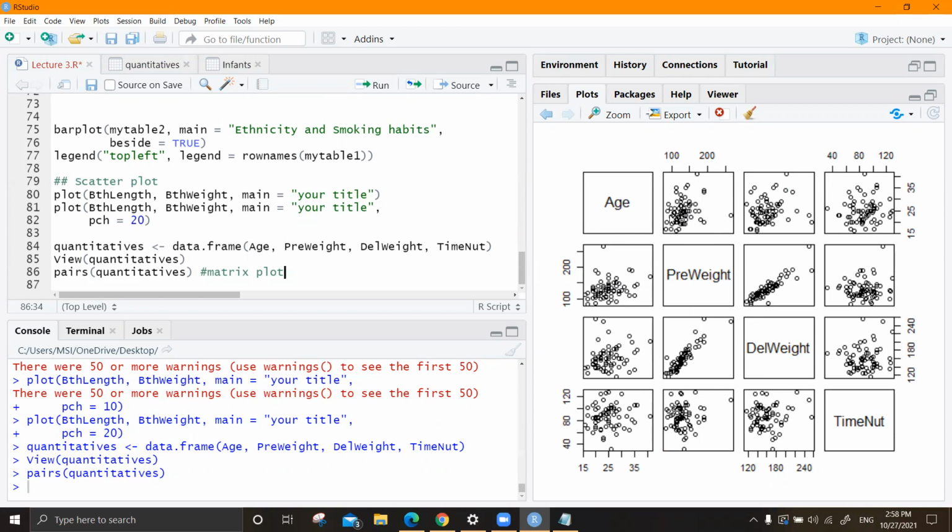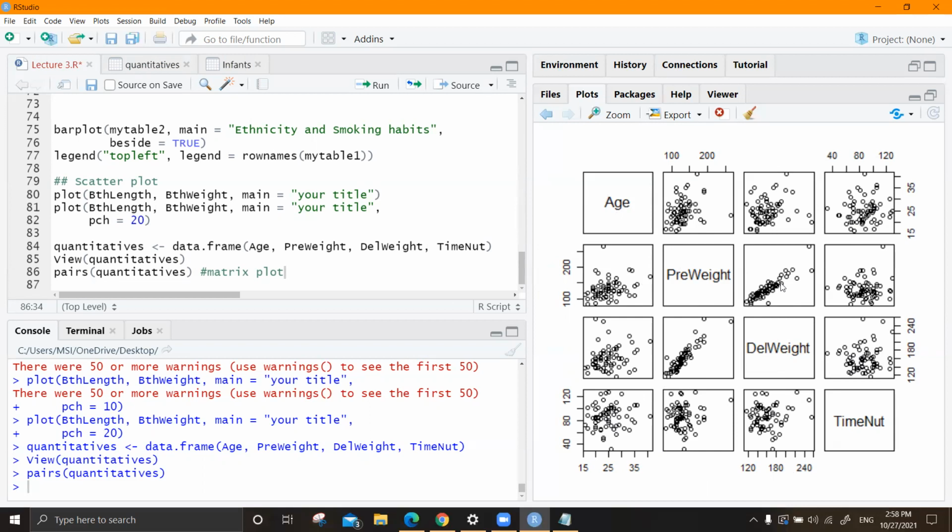When you go along the diagonal, this and this are identical. This and this are identical. This and this are identical. Identical means exactly the same. This and this are identical. Why? Because this is age, this is time not. Even this is age and time not. So this one and this one are the same graphs. It is the same. Okay. So you don't have to consider the down part or the up part, right? So this block is the same as this block. It's sort of a mirror image along this line.